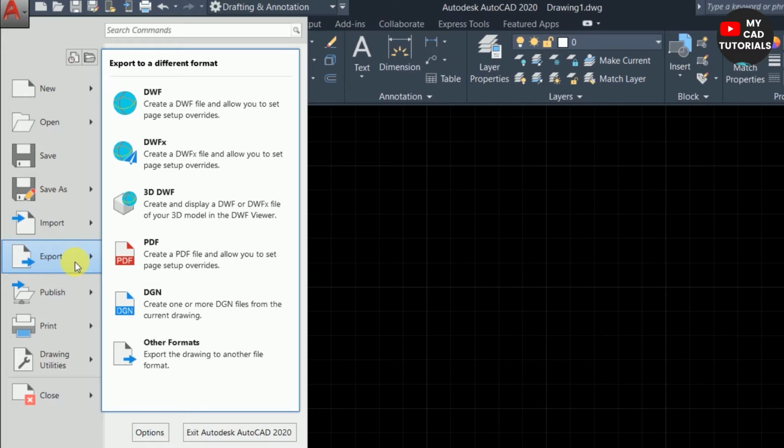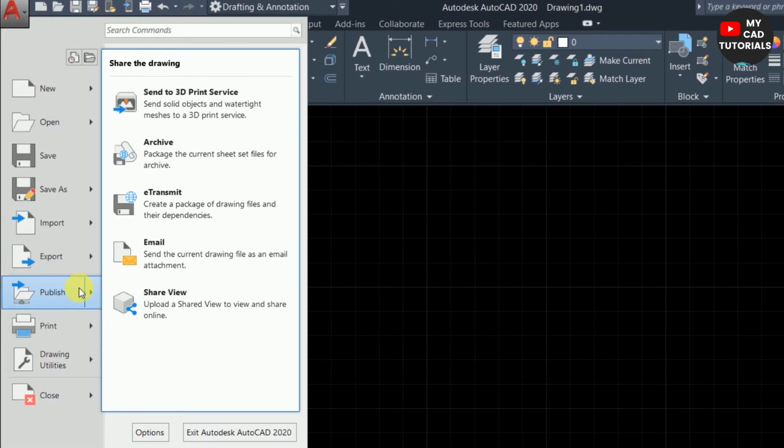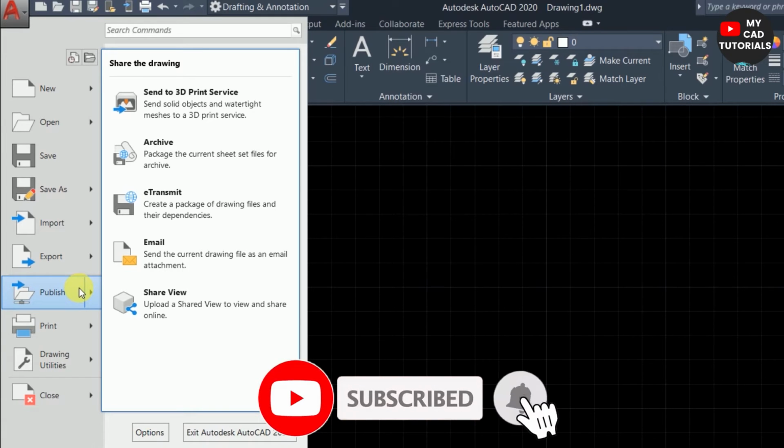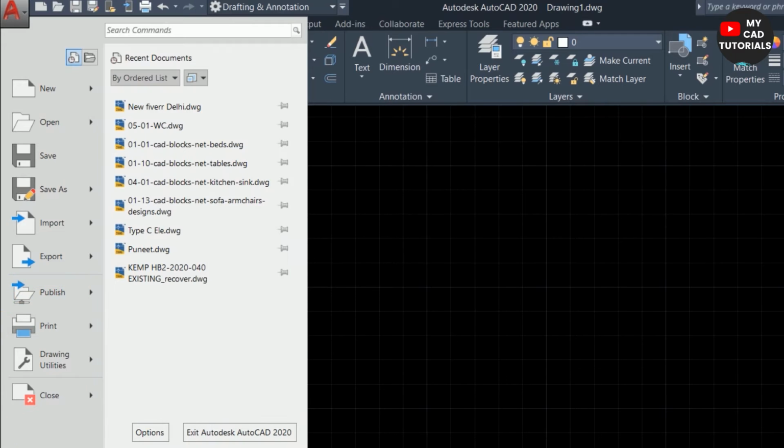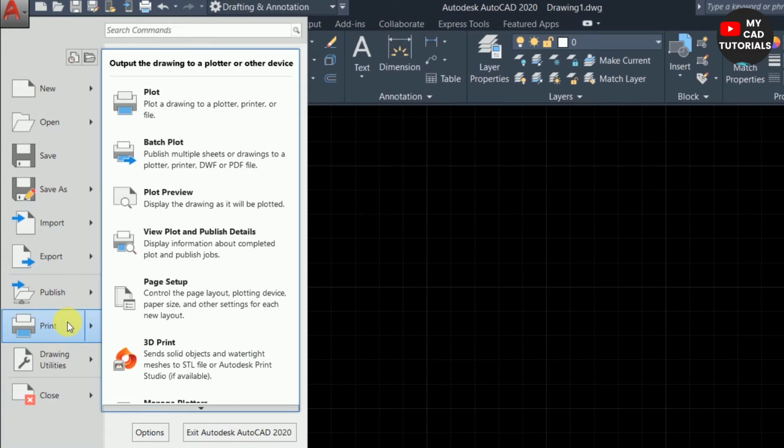Next is publish, that is used to share an AutoCAD file directly to e-transmit or email. So by clicking on this option, you can directly share files in e-transmit or email. The next option is print, that is used to print drawings or designs.